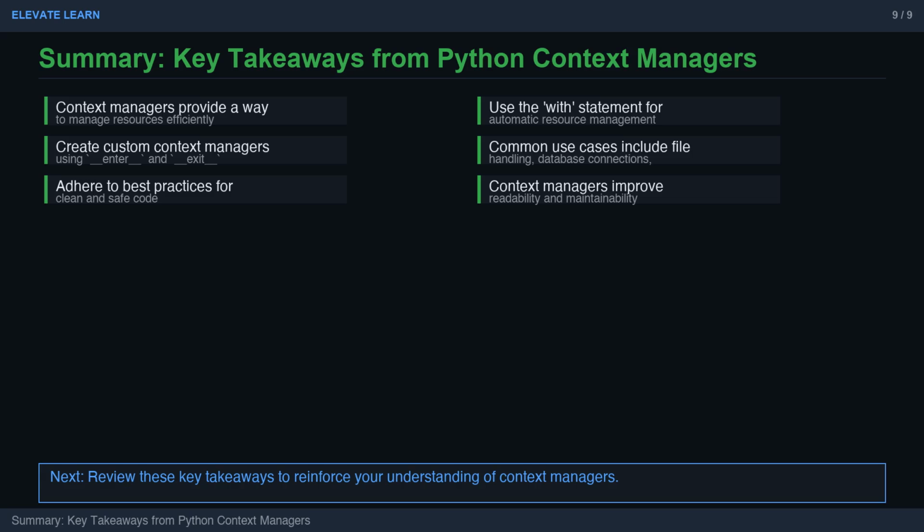Remember, always follow best practices to ensure your code is clean and safe. Using context managers not only makes your code look neat, but also keeps it easy to maintain. So, next time you're working with resources that need careful handling, think with